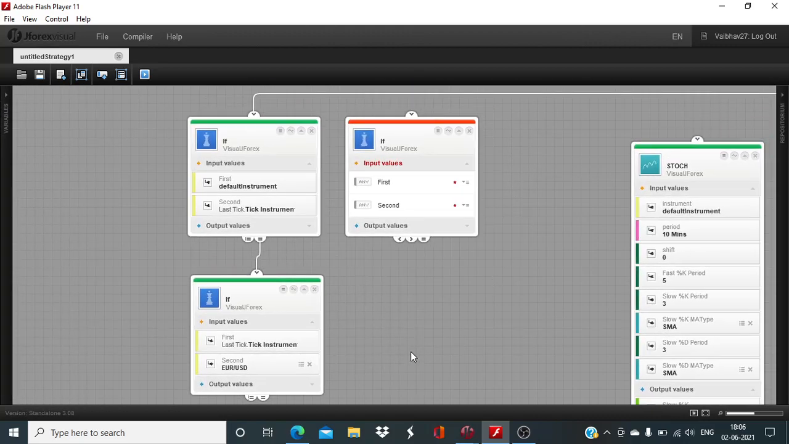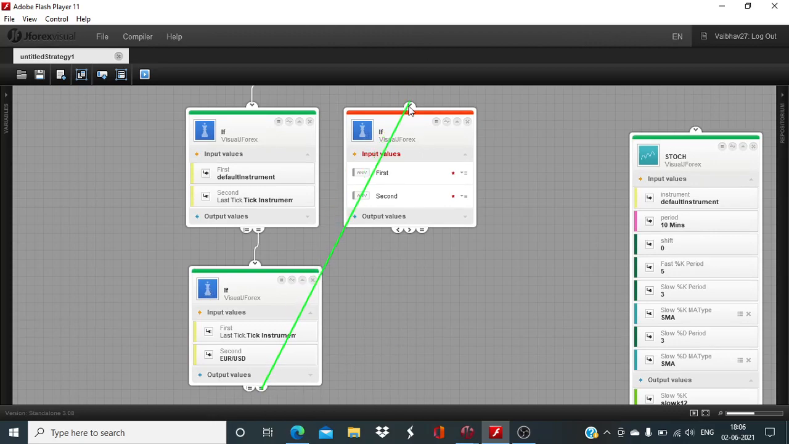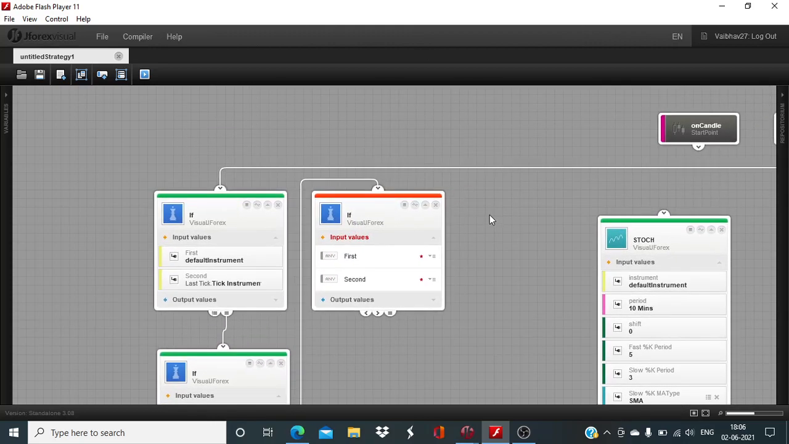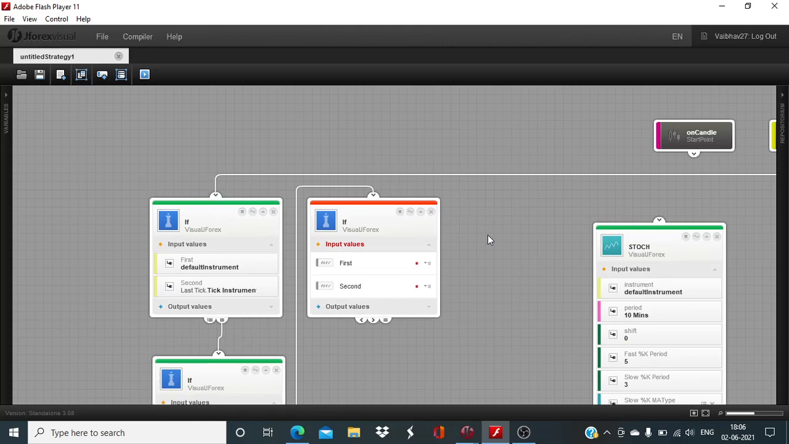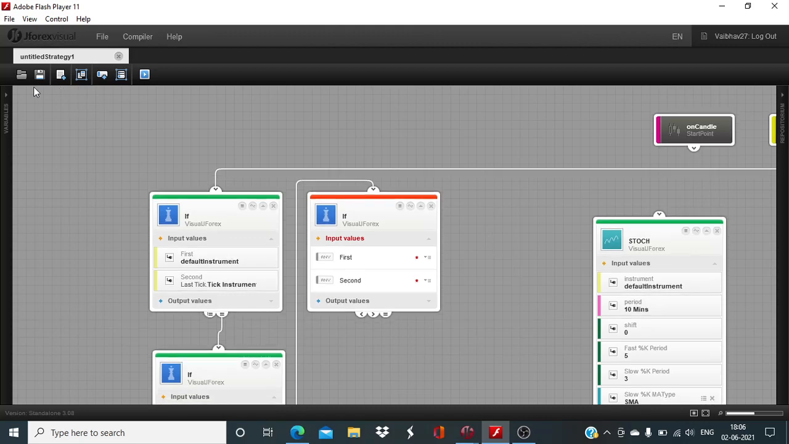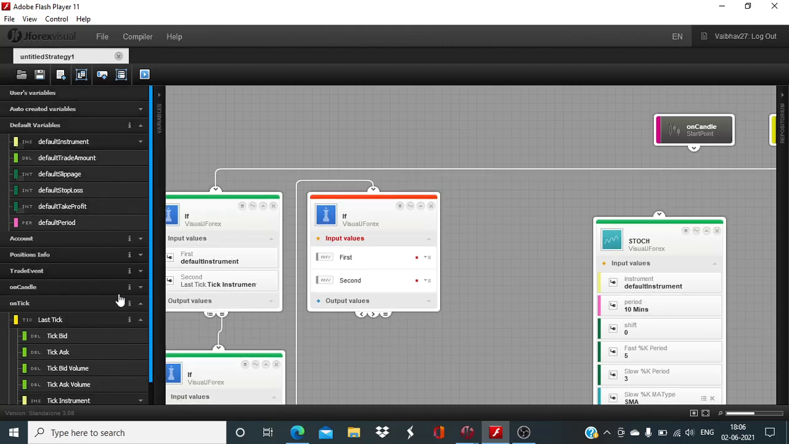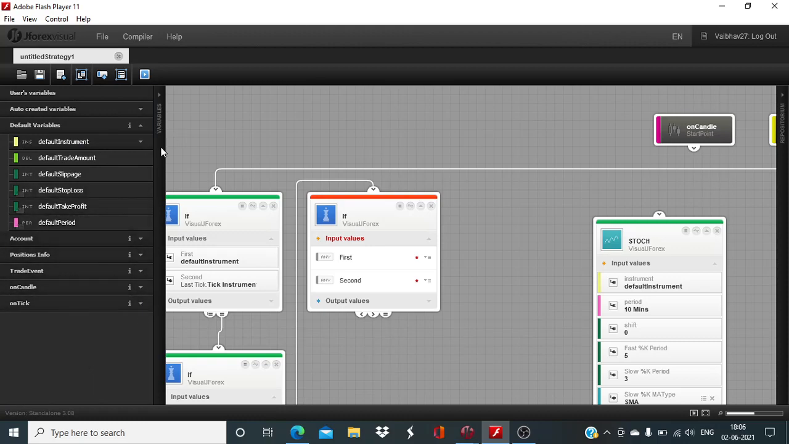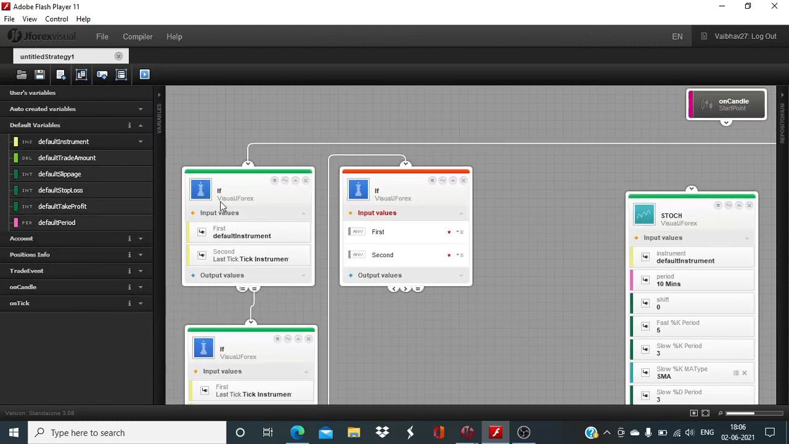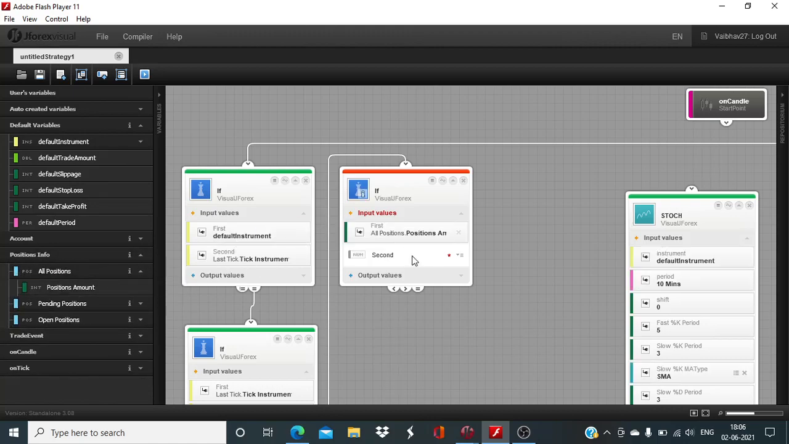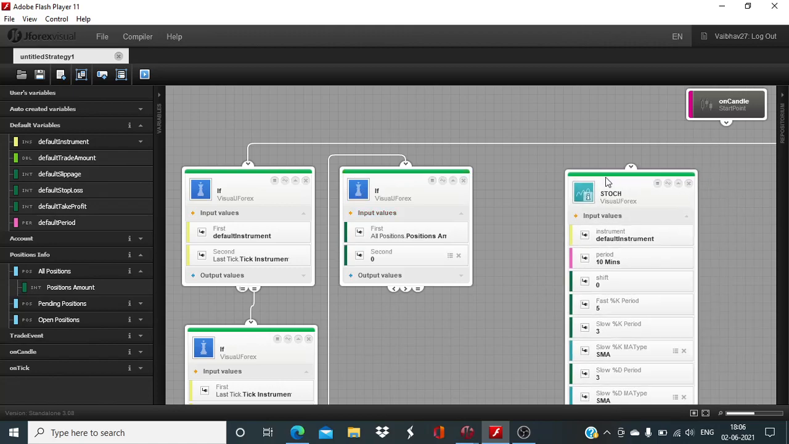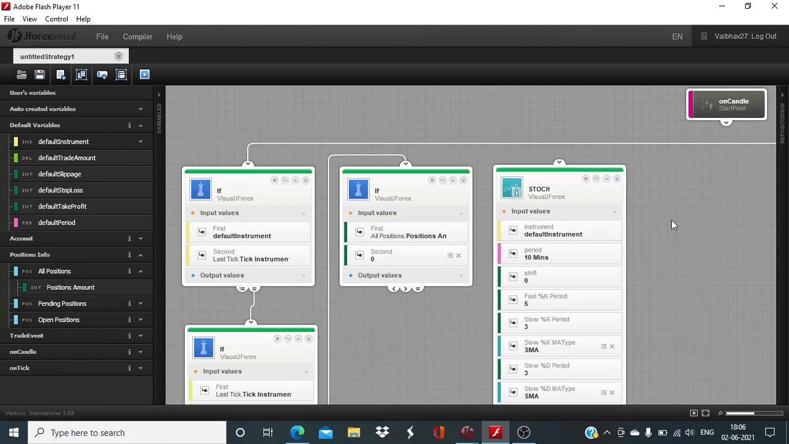After that, the position amount needs to be defined, and usually we want to limit it to 0. So only in the scenario where there is no existing trade on the account, the new trade will be initiated. So in this case, position info or position amount would be 0, and after that we can